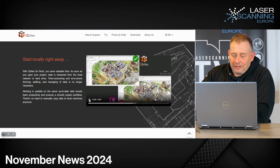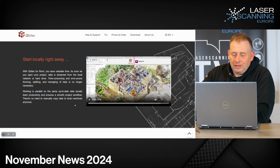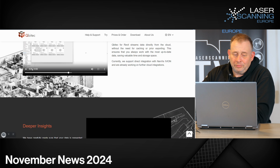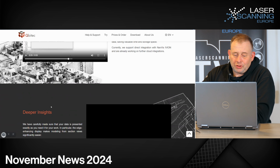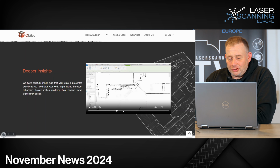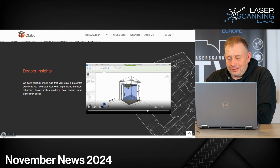So what we can see here, they can easily handle super large data sets in their engine. So you can see it here. And additionally, you can stream it also from cloud storage. And then they have better displaying. Also they have an edge-changing display, and that makes modeling from section views easier, as you can see here in this video. So you can see the edges more sharply and place some